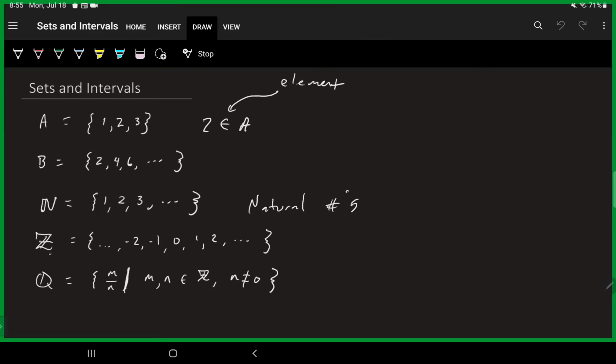I have this fancy double struck Z. This represents the set of the integers, which are all the positive and negative whole numbers. And so I have patterns going to the left and patterns going to the right here to illustrate that it goes both directions infinitely or indefinitely. The reason why we're using a Z here is because Germans were doing a lot with math a few hundred years ago, and the German word for count would be Zahlen, and so that is why that is used there.